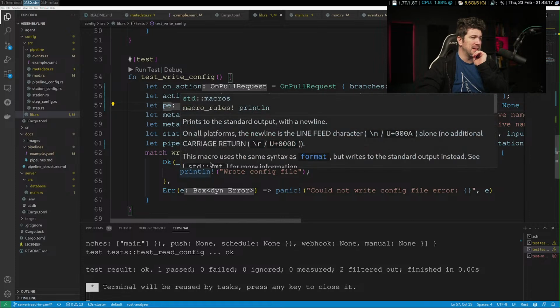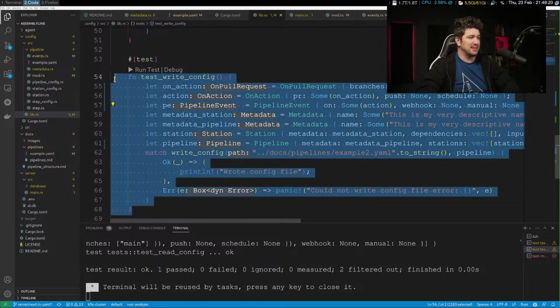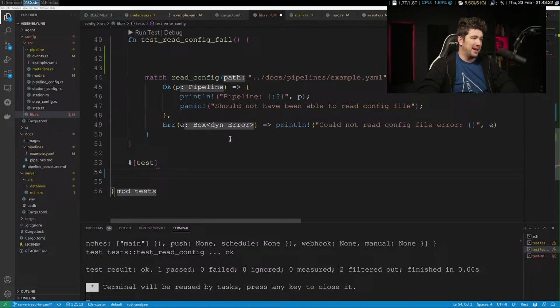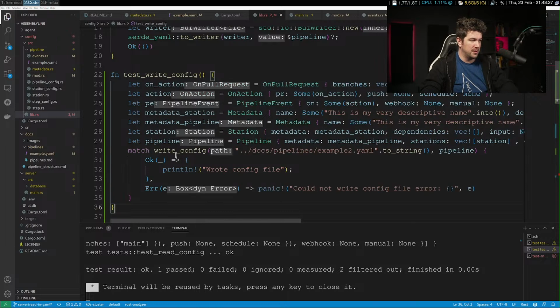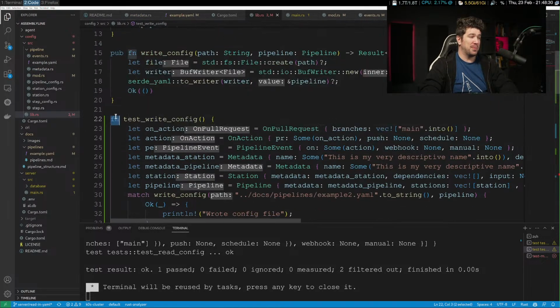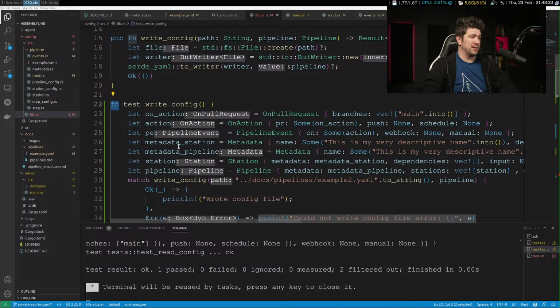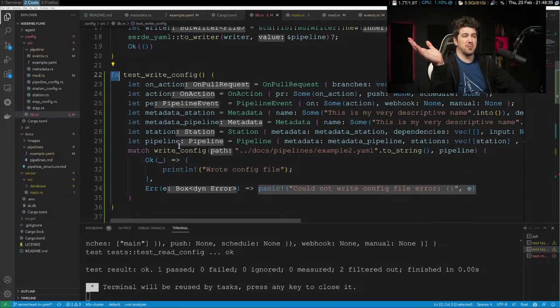Now, this is... You know what I am going to do? I'm going to take this function, and I'm going to check it in, not under tests. I'm going to check it in over here. Not as a public function, so you can't access it outside of here. And correct me if I'm wrong. I was thinking, Russell, I would just check this in so that people could just generate a config if they like. And all this boilerplate was here for them. You let me know otherwise, and I'll delete it right now.